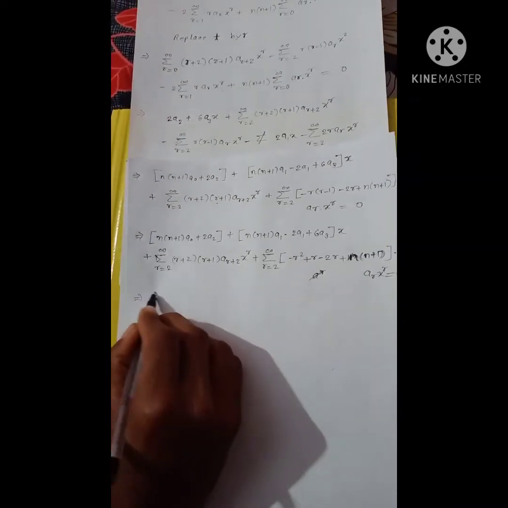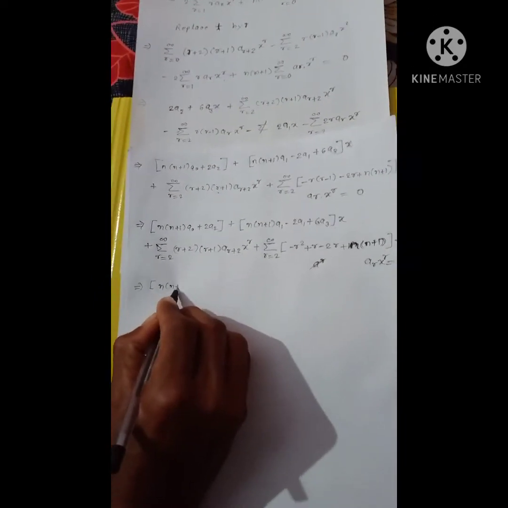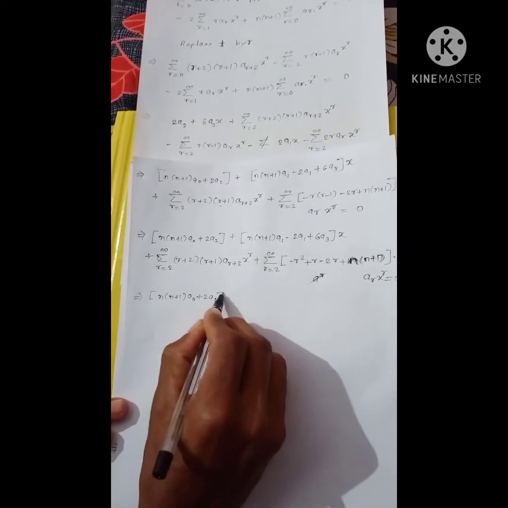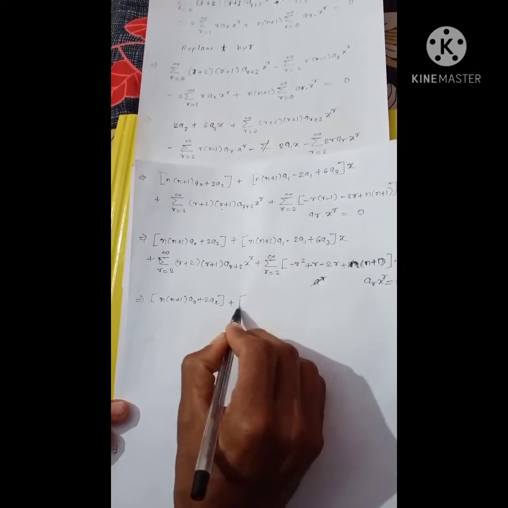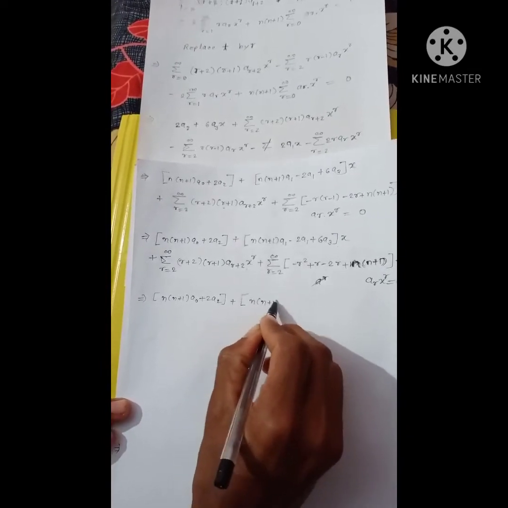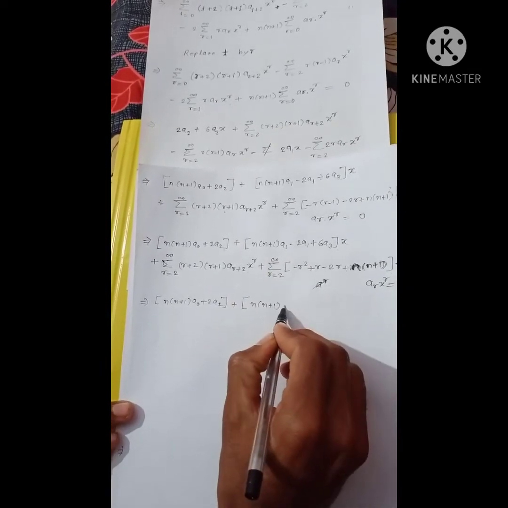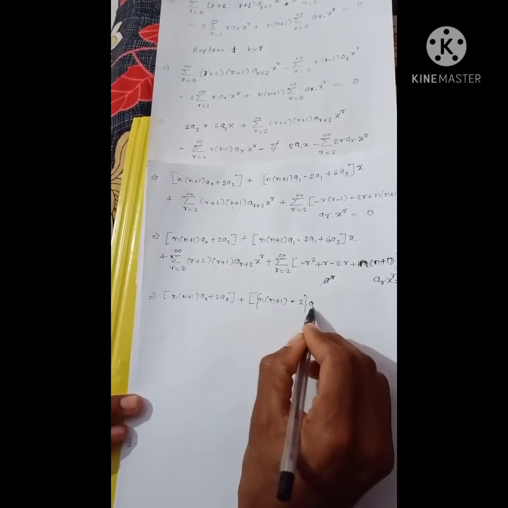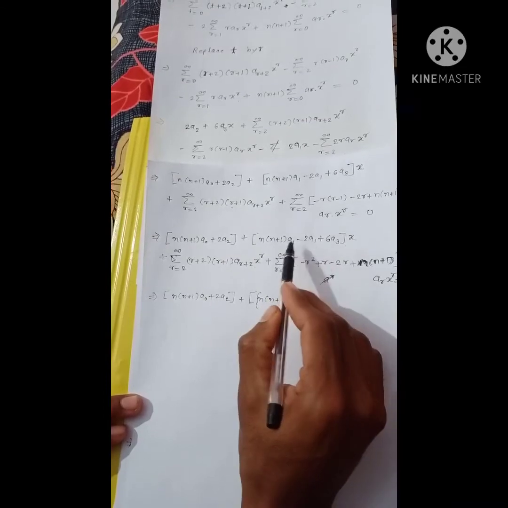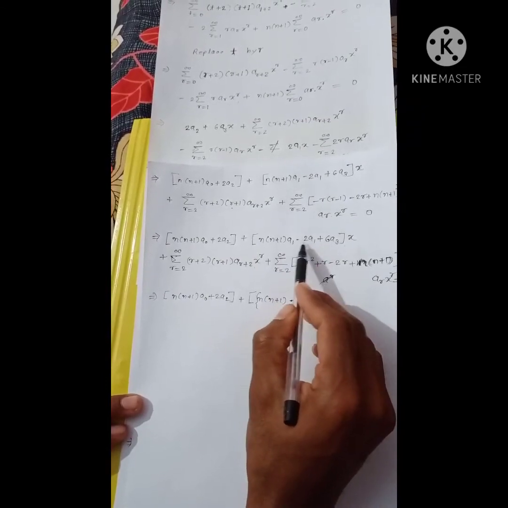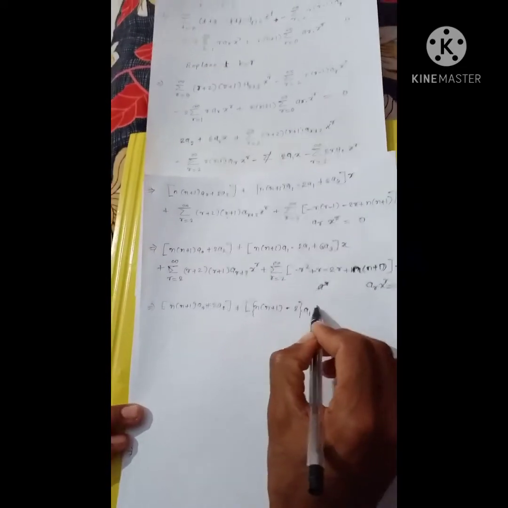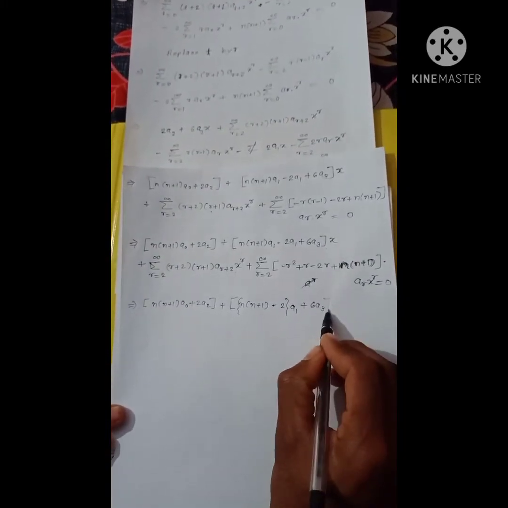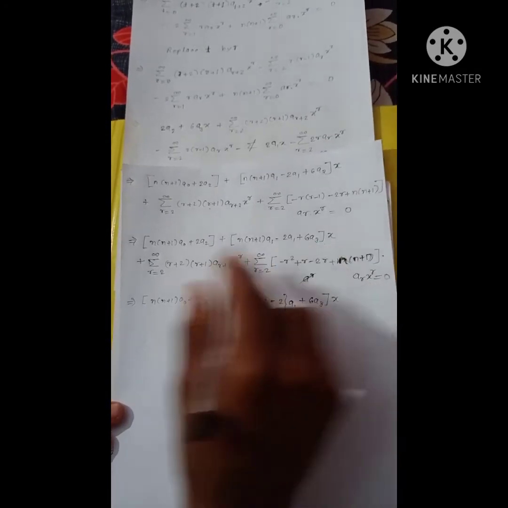Now n into n plus 1 a0 plus 2a2, and plus n into n plus 1 minus 2 into a1, because a1 is common in these terms, plus 6a3 into x, and plus